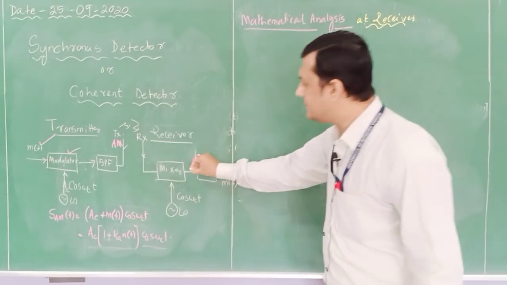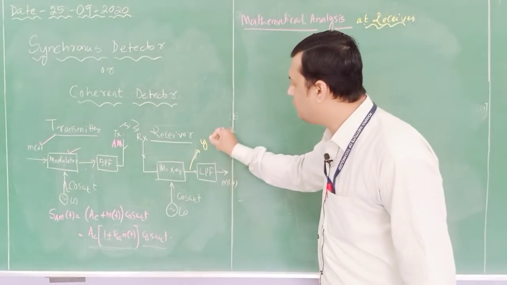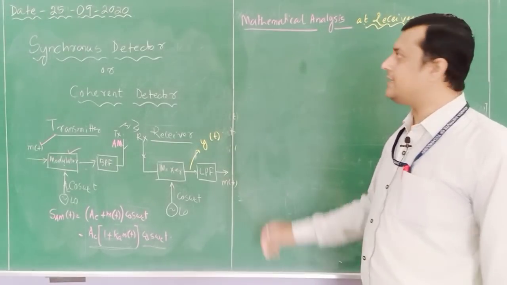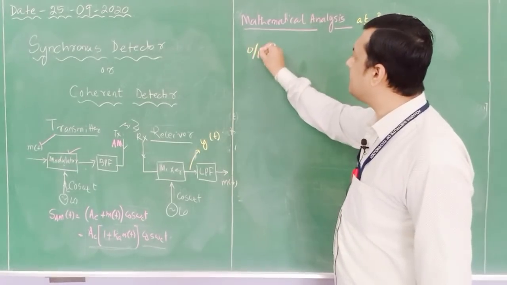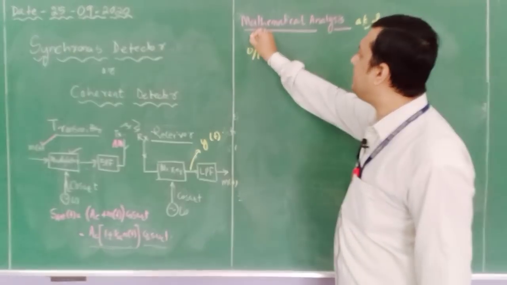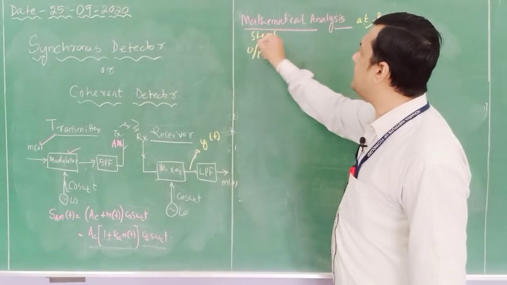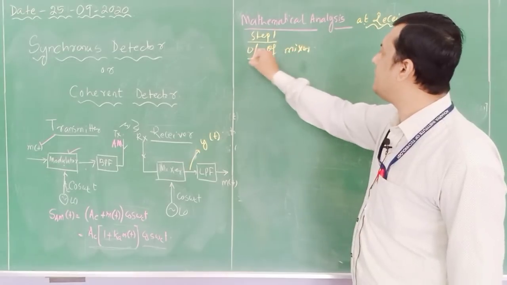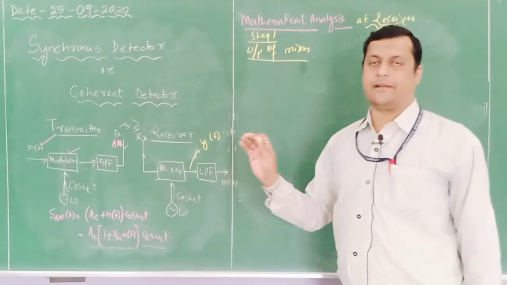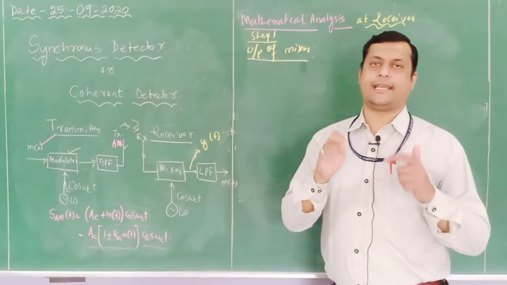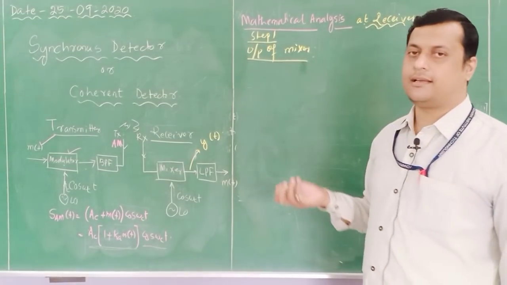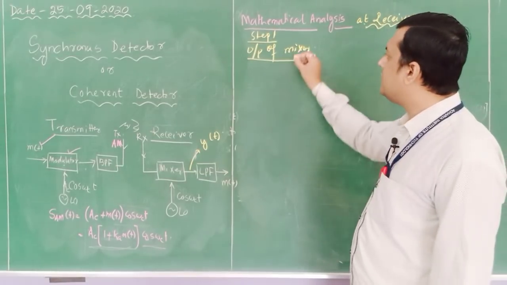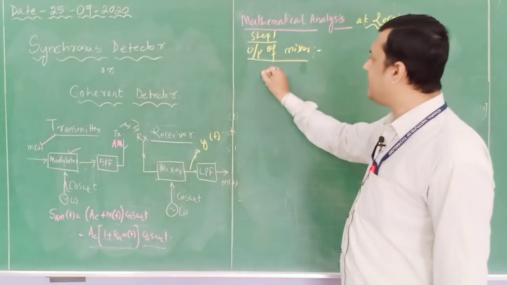That means let us consider the output is y of t. So we need to identify the output of the mixer. Step 1, determining the output of mixer. Here I am not considering the effect of noise. Simply I am using the AM signal. Later on we can identify the effect of noise also. So output of mixer y of t,